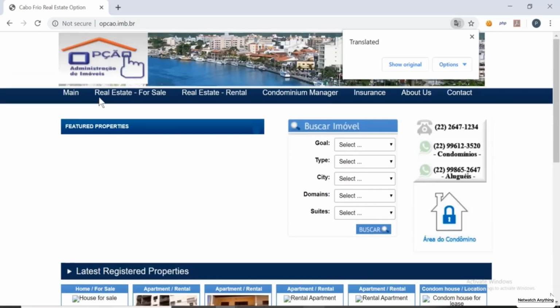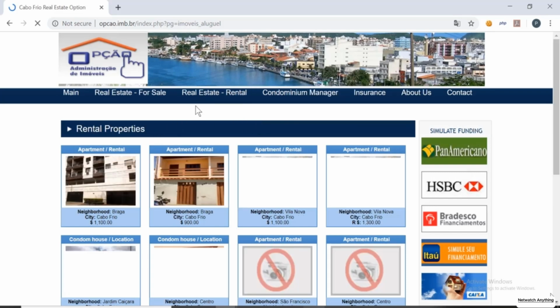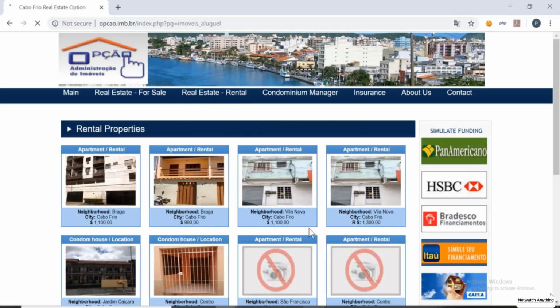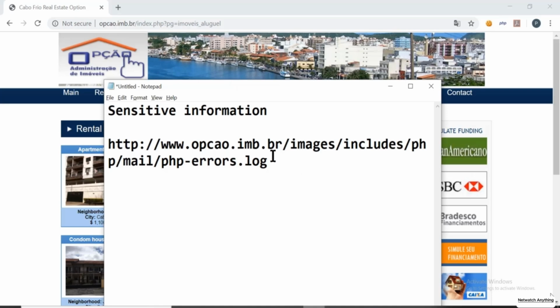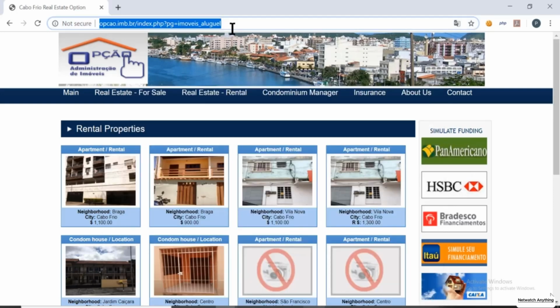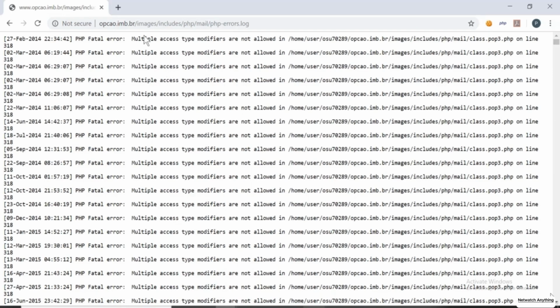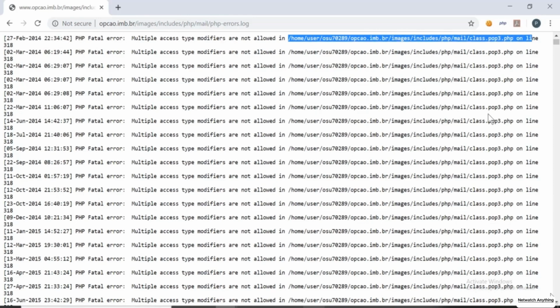Now let's navigate to some page. So we have navigated to real estate rental. Now let's paste this URL and see what response we get. As you can see over here, we have got an error, and this error is providing us some sensitive information, also providing us some path,